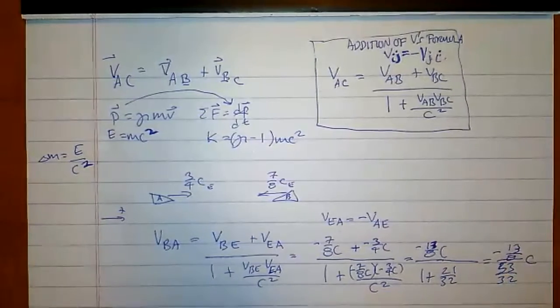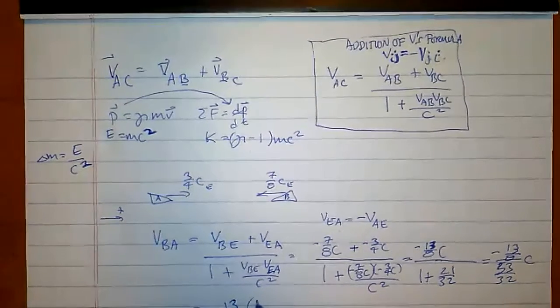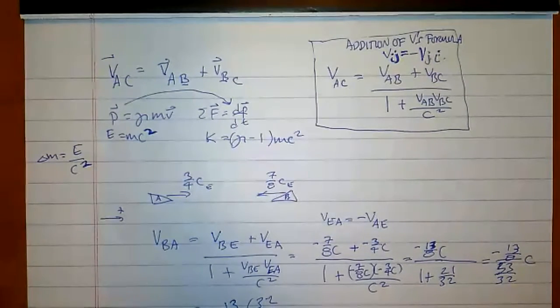13/8 C, which I can take and make it 13/8 times 32 over 53. Obviously, this is 4 times 8, and this is 8 times 1. So that 8 is going to cancel out with that 8. And 13 and 53 are both prime, so we shouldn't be able to make any cancellations there. So 4 times 13 would be 52. So negative 52